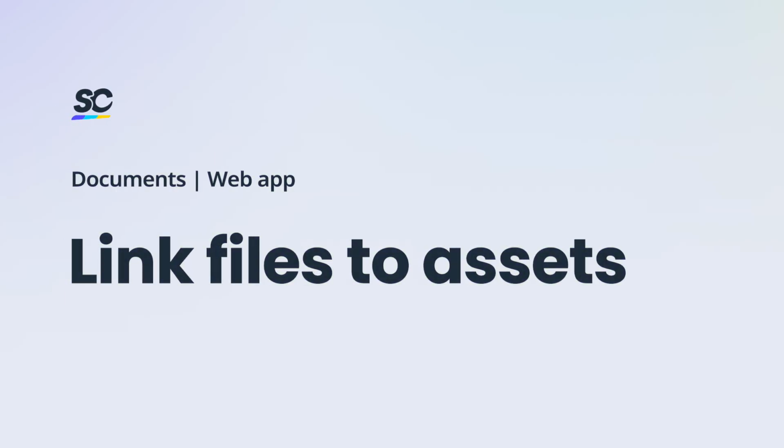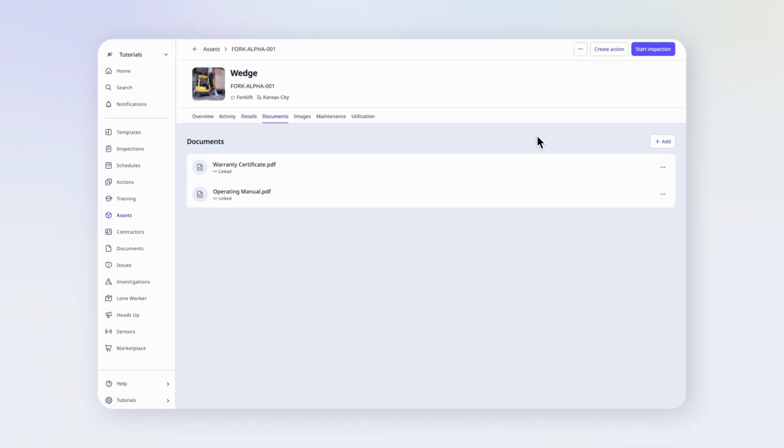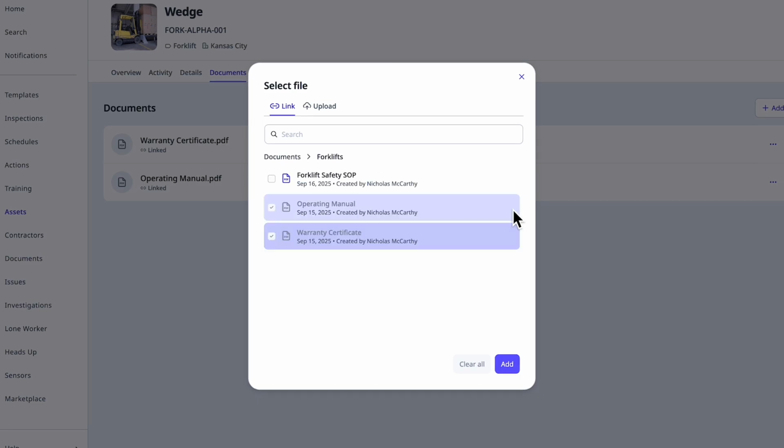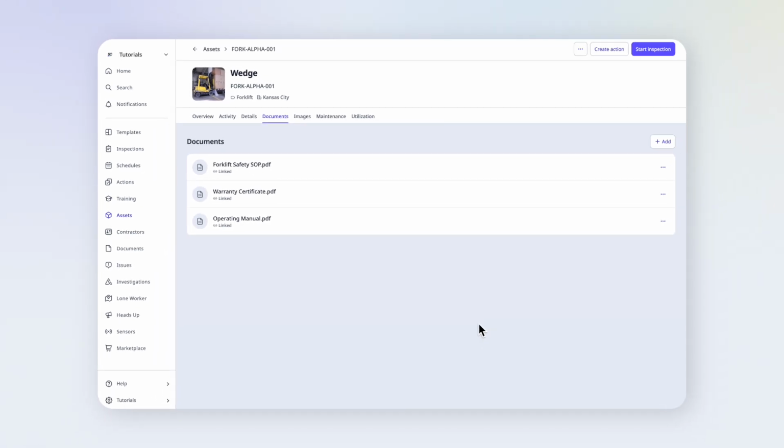Let's link files from the Documents feature to assets in SafetyCulture. When you link a file to an asset, it shows up on the asset profile while staying stored in Documents. Linking makes it easy to connect files like manuals, safety procedures, or even blueprints to multiple assets without duplication. And it's easy to keep files current, update a version or unlink it, and make sure every asset stays in